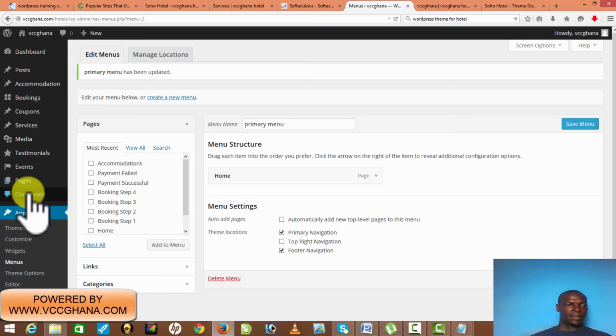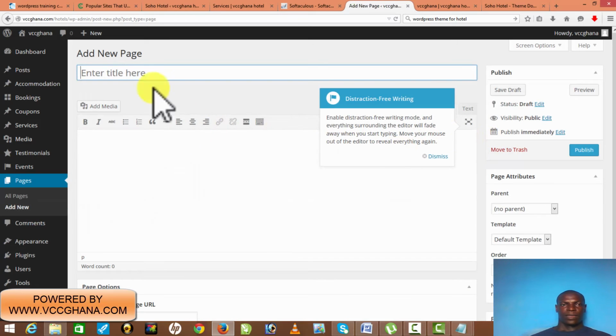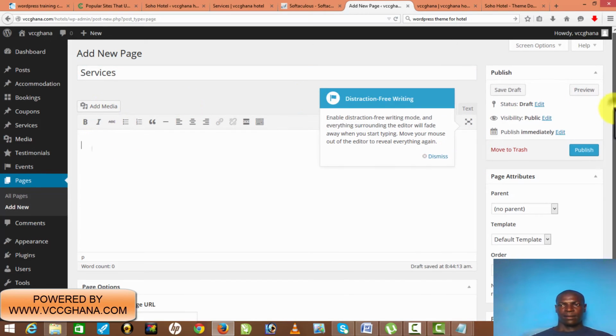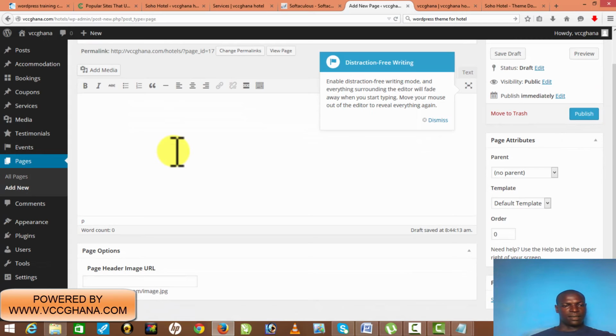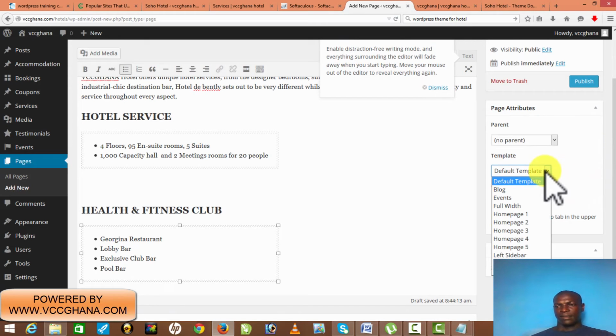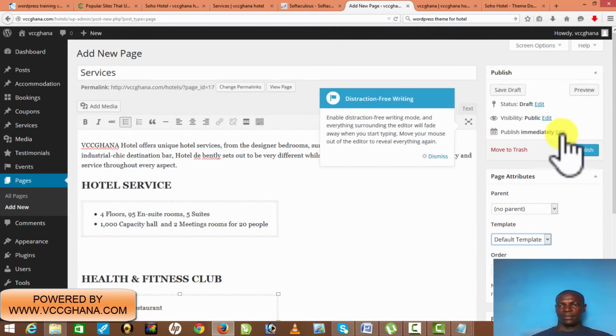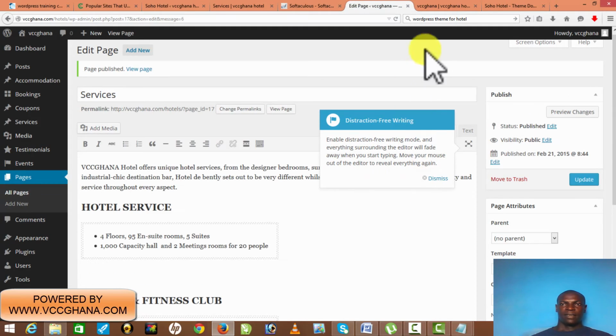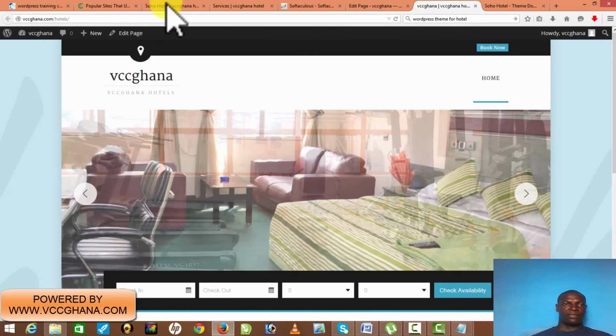Then go to our page here, and go to our left. You see pages and add new. So I'll make this services and paste the content here. So I can just leave it as default template, then click on save. Okay, so I have created a service page, but now if you go to our page and you refresh it,